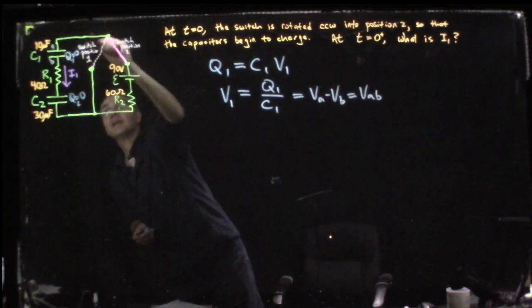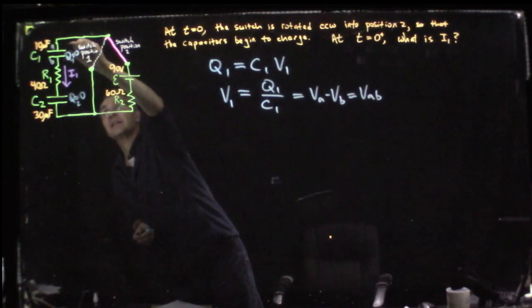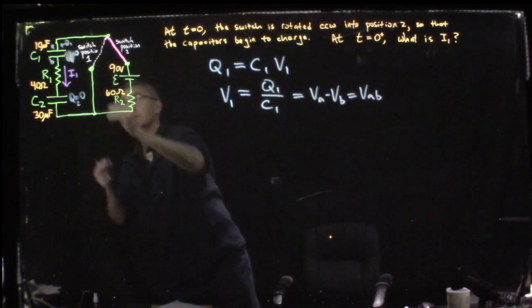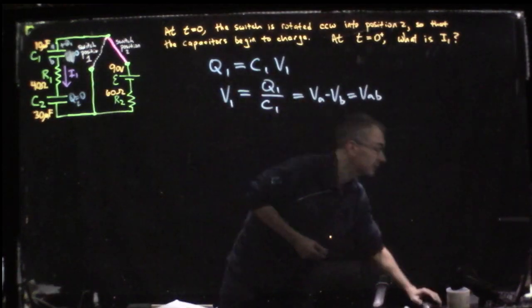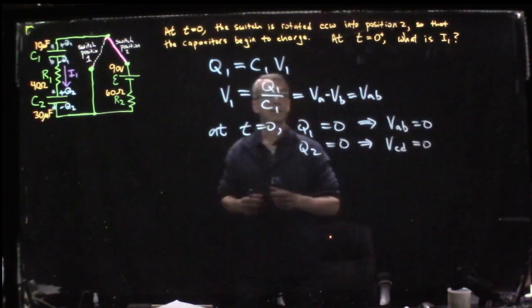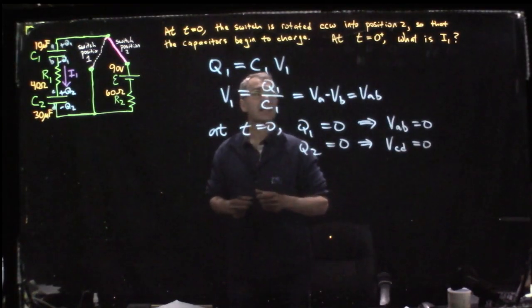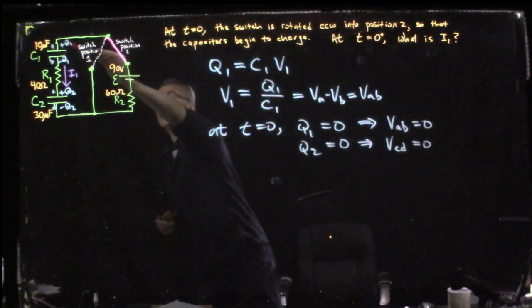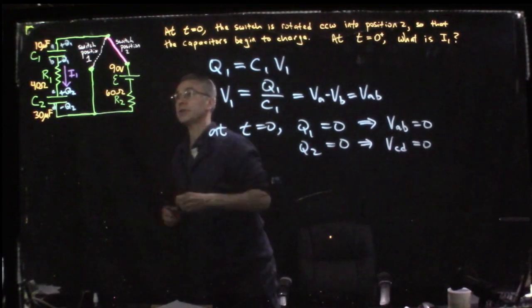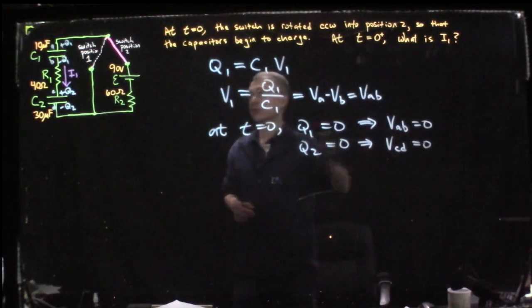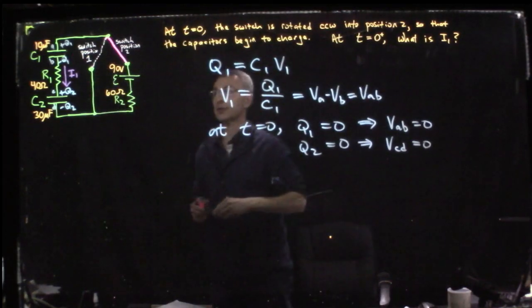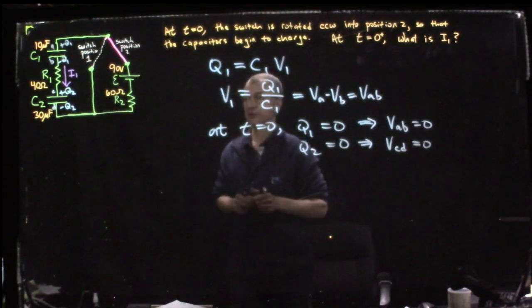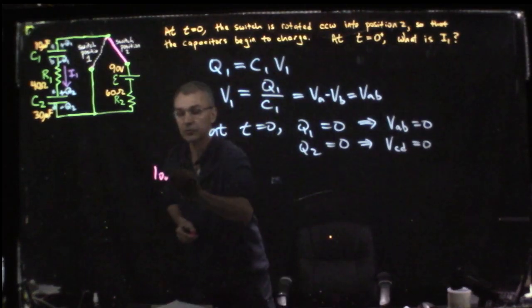And then if the current is flowing as indicated, then this plate becomes more positive. That's going to be plus Q1. And this plate becomes more negative. That's going to be minus Q1. So immediately after t equals 0, when we've just flipped the switch, we still have Q1 equals 0, we still have Q2 equals 0, which means the voltage across capacitor 1 is still 0, and the voltage across capacitor 2 is still 0. So then we could write the loop rule